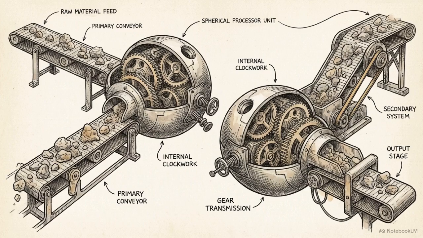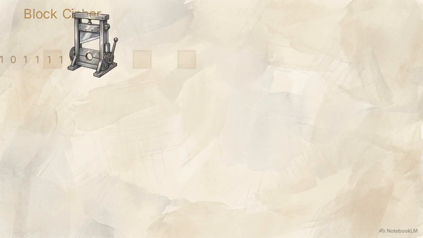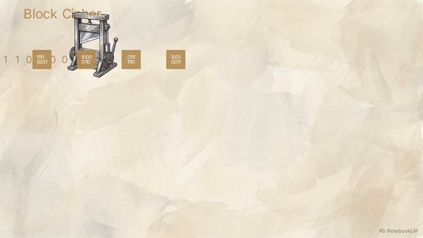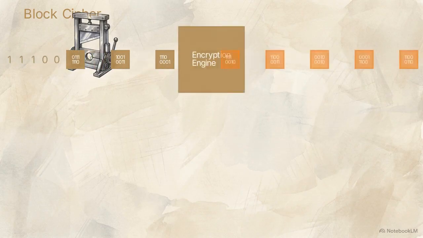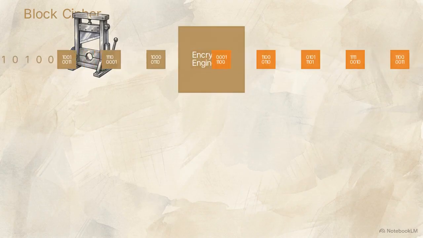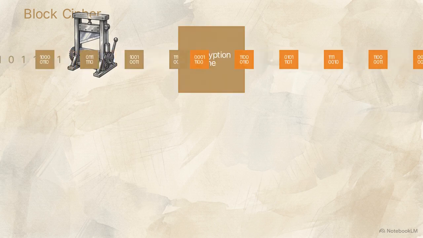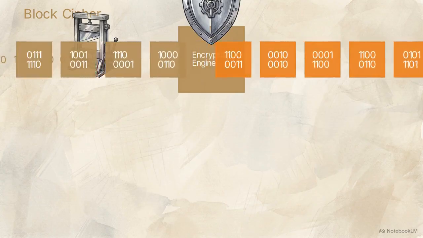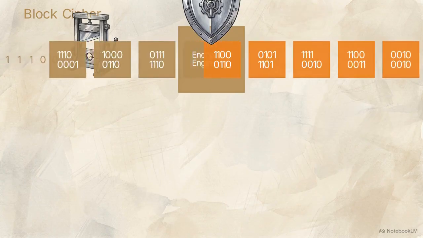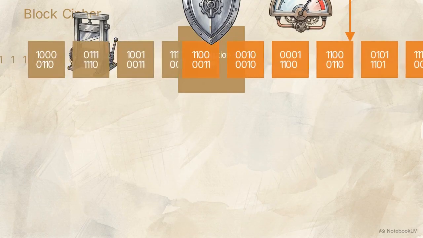We also have to define how data is fed into that engine. This pipeline visualizes a block cipher. The system takes a continuous stream of data and chops it into rigid, fixed-sized chunks. It processes each chunk individually and outputs an equal-sized block of ciphertext. Block ciphers require strict engineering trade-offs. Processing larger block sizes increases the mathematical security of the cipher, but it directly decreases the speed of both encryption